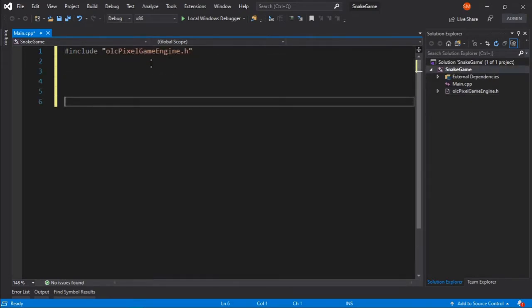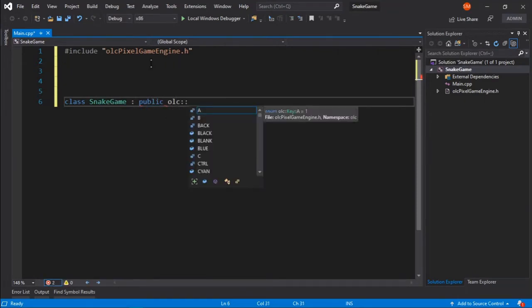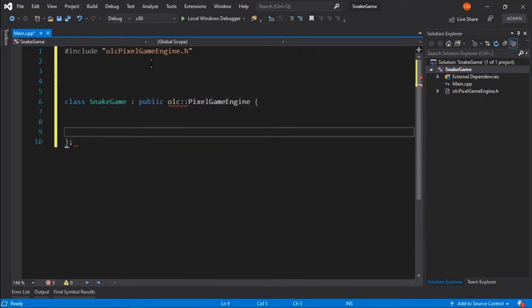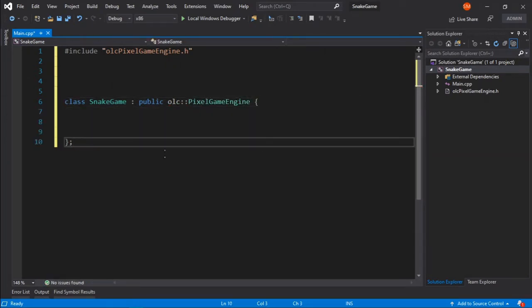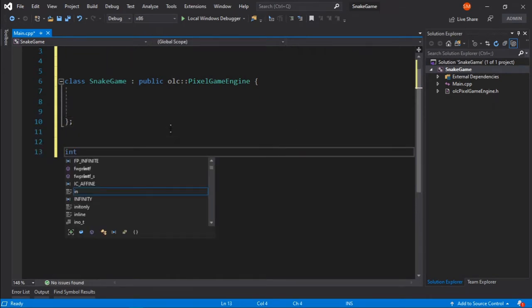And what I will do is create my game. So I will just say class SnakeGame, public olc::PixelGameEngine, just like that. To keep things simple, I will be doing everything in this file, so it's not that much.